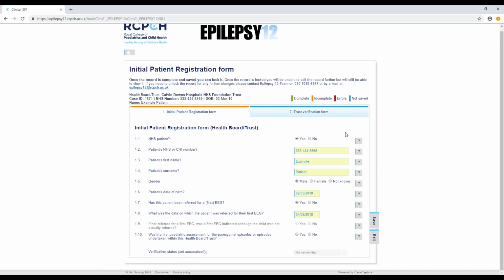So what you would do first of all is go through all the details that have been entered by the EEG service and check that they match the details that you have for the patient in question. The key action really is to indicate for question 1.10 whether the first pediatric assessment was undertaken by your trust. If you were to answer no to this question, the patient registration would be excluded. And in such cases, we would ask you to contact us and let us know the patient's case ID, not the patient's name, so that we can go back to the EEG service and ask them to check whether they